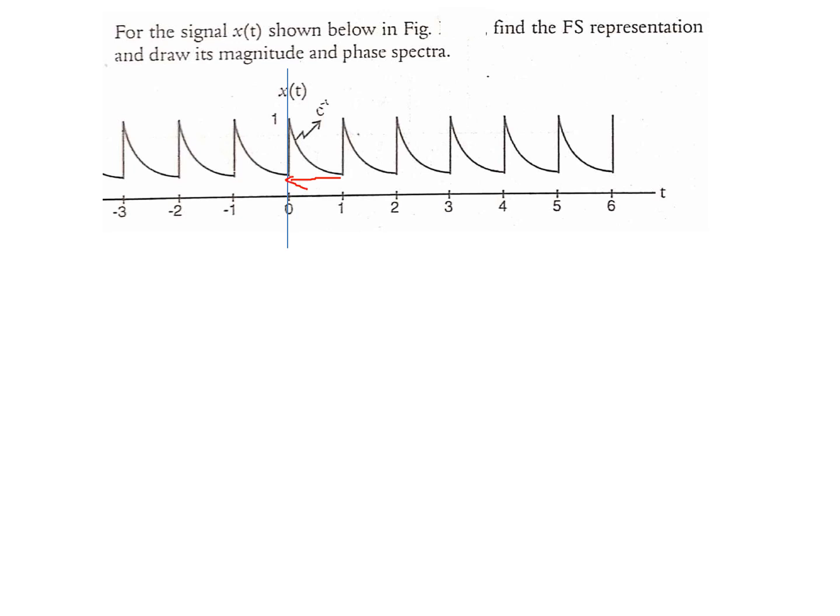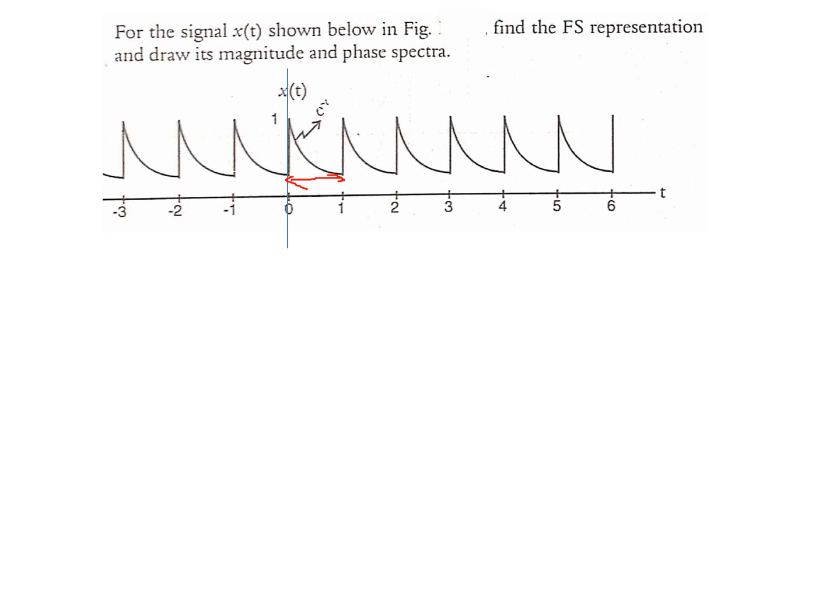That is, its value is 1. It starts falling exponentially at a rate as per the equation e power of minus t, and when it reaches 1 second, it starts all over again. That is, it doesn't become 0 as such. It reaches some value, then the signal jumps to 1, then again starts falling, and at another 1 unit of time it again jumps to the original value 1, then starts falling. So it is a repeating periodic signal with the time period T equal to 1 second.